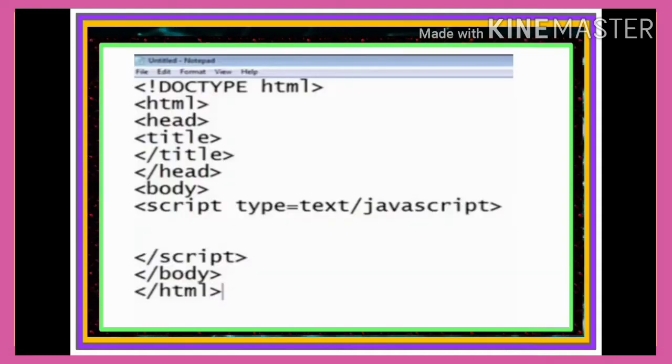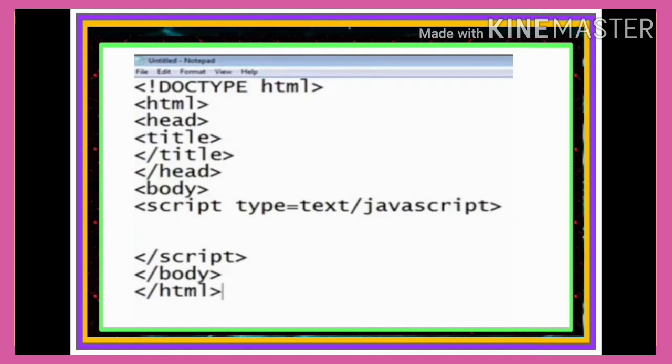Now we are going to discuss these methods of date object one by one by using the example. Create this simple structure: doctype HTML, head, title, body, close HTML. In body section define script tag, close script tag.